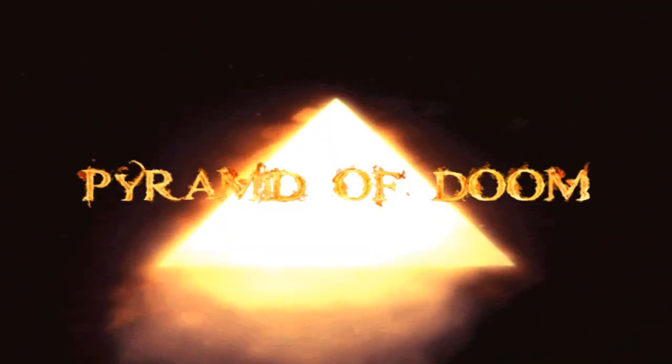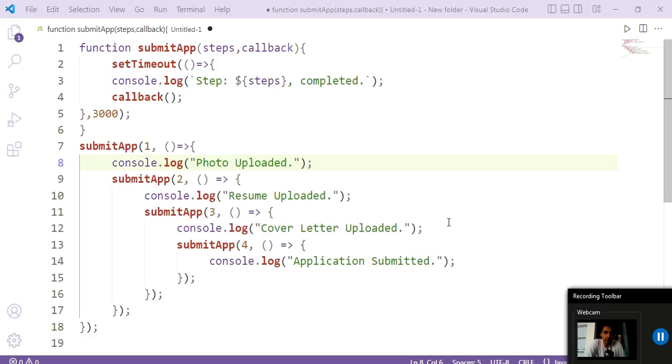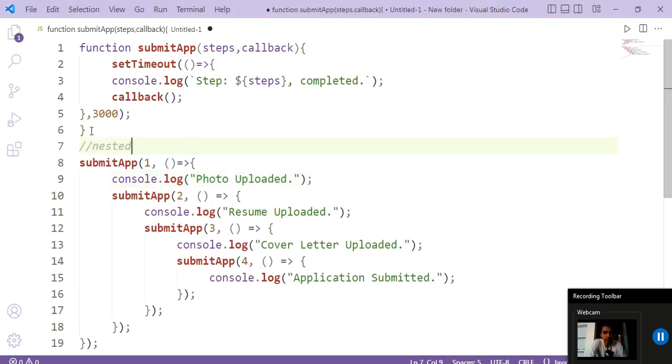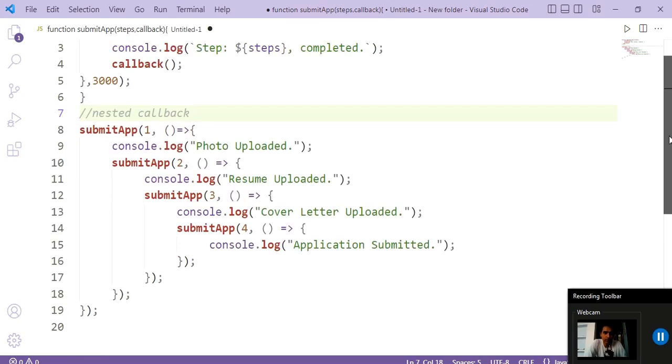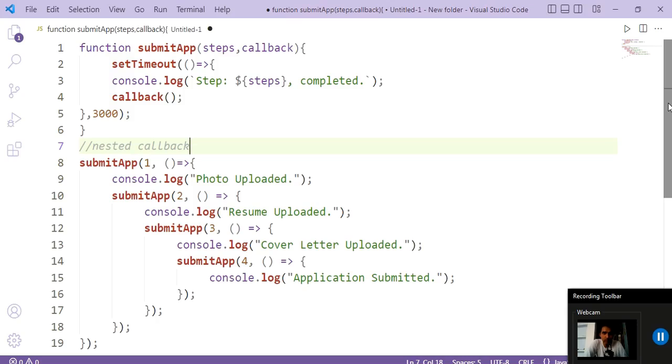Okay, so here is the code, and those who are seeing it for the first time, maybe they can't understand it. Okay, so it's okay, you don't have to worry at all, because everything comes with patience. Okay, so watch it 2 or 3 times and then you will understand this nested callback. So we can comment here nested callback. Okay, and this is just a dummy application, but in real life we have a lot of huge applications, right? So we will have more lines of code than this, and therefore to overcome all these problems we use promises and async await. So now let us see what promises are.